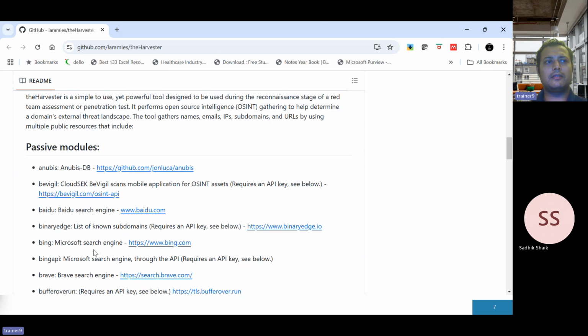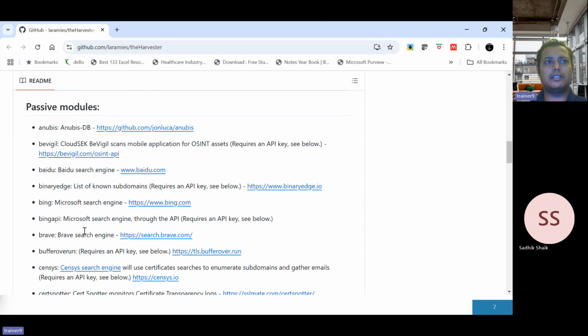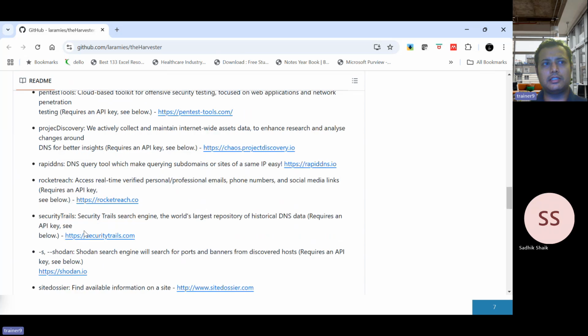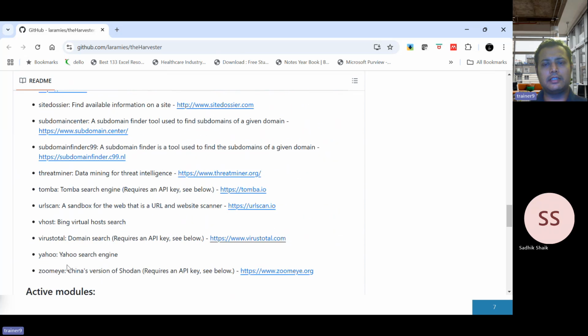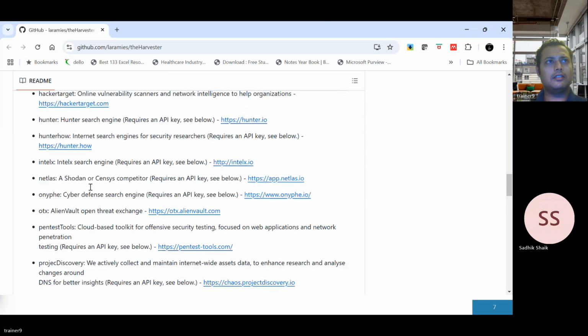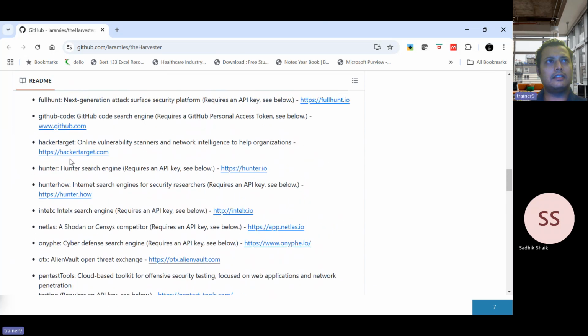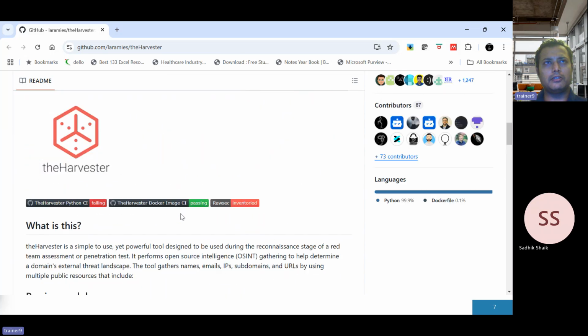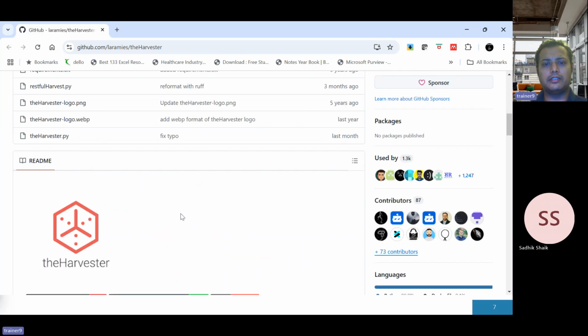Bing is one, Baidu is one search engine that it supports, and it has other search engines included, like Yahoo, Intelx, GitHub code, and others. So these are the different types of search engines, the passive modules which are included in this. And here what you can do is